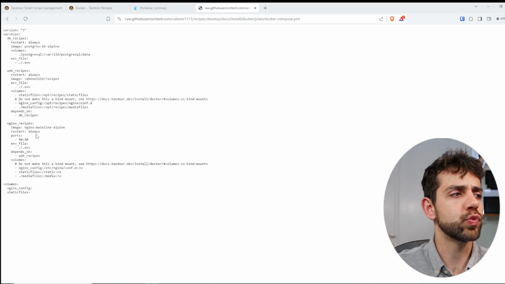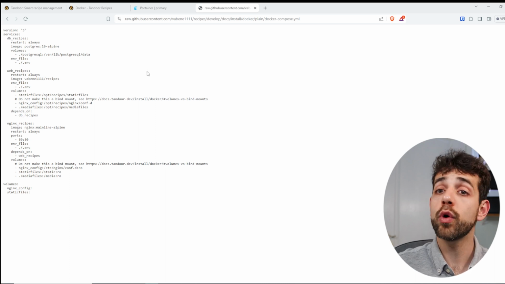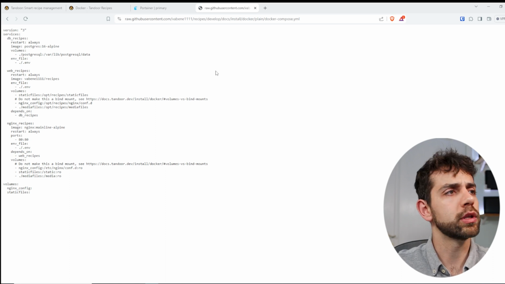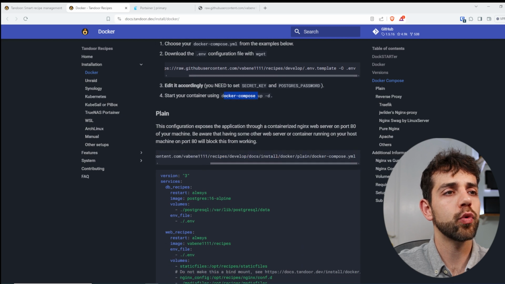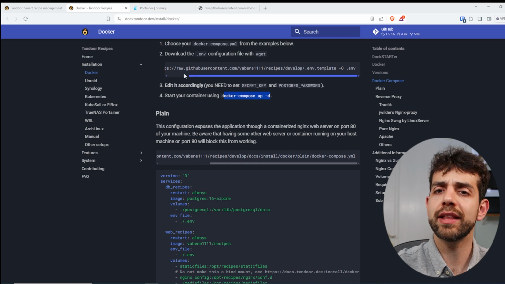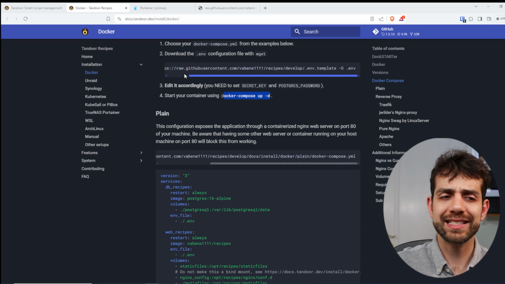You can download it as well, but you need to have those two containers available for you. Once you have those two containers available, at the next stage we need to open our SSH using PuTTY. Why? Because I need to run docker compose up -d. The server that I'm using will be the IP